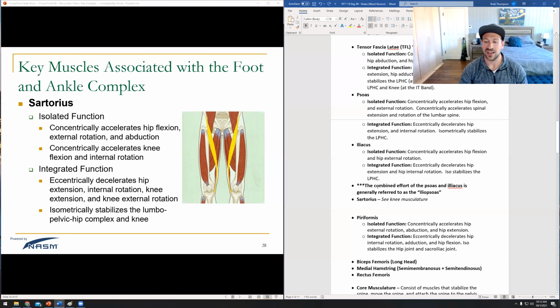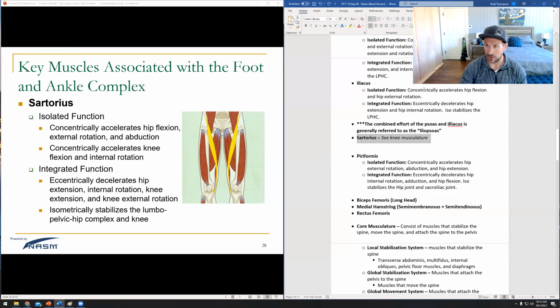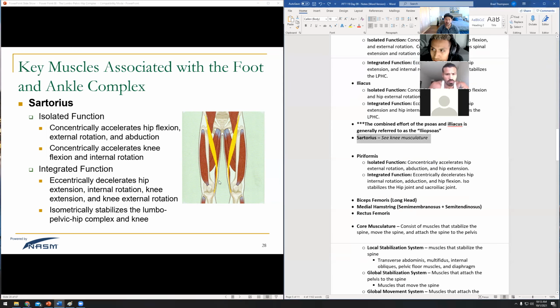So there's our next hip flexor. We have our sartorius. You guys will remember that one from yesterday. Remember I said it's a knee stabilizer, and that's primarily what we think of when we're thinking of it, but it is also a hip flexor here. It's grabbing the front knob. It's starting on the same place as the TFL did, but instead of running over here, it runs down on the inside of the thigh and grabs here. So it's doing a little bit of that tibial internal rotation that we need more of, right? Again, we don't need any more hip internal rotation, but we do need that tibial internal rotation. So the sartorius is there to kind of help with that